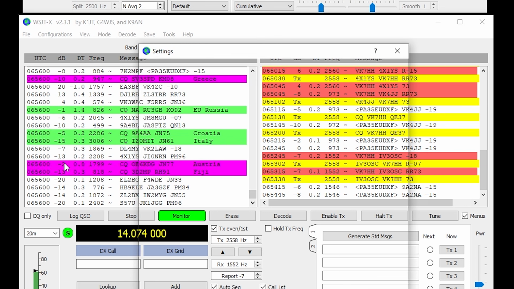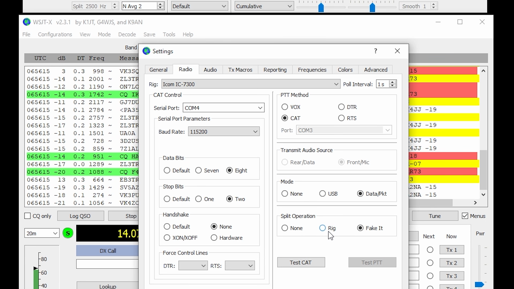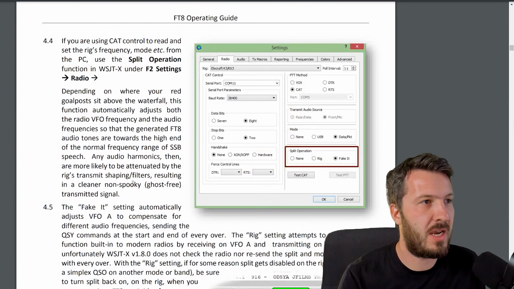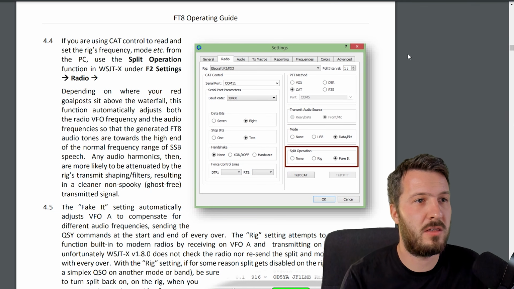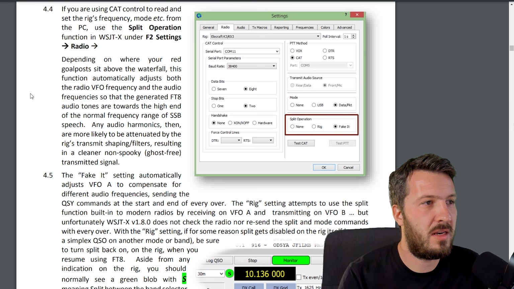So if you go to File, Settings, go to your radio, and if it supports it, you can select Rig or Fake It. Now, why is this important? Well, I'll refer to the FT8 Operating Guide, which I'll put a link to in the description below, which gives you a lot of information in regards to FT8. But basically, this guide here says that depending on where your red goalposts sit above the waterfall, this function automatically